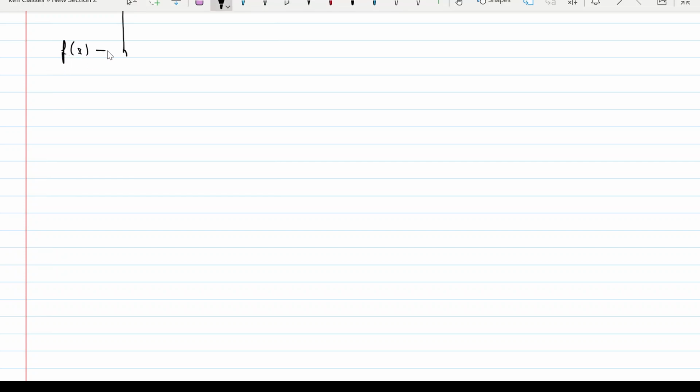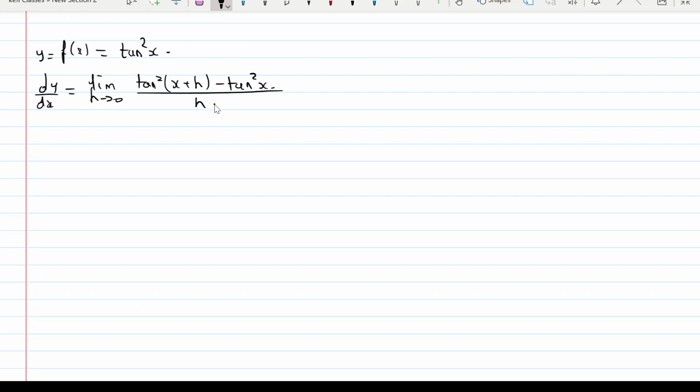F of x is equal to tan square x. So this is y. So dy by dx will be equal to limit as h tends to 0 tan square of x plus h minus tan square x upon h. I guess the best way would be